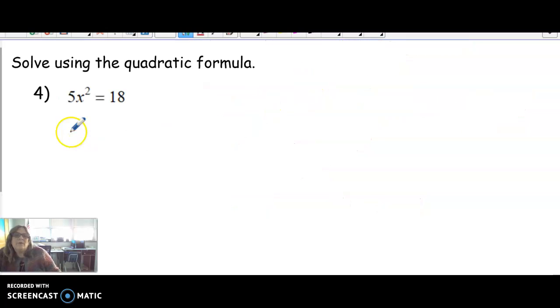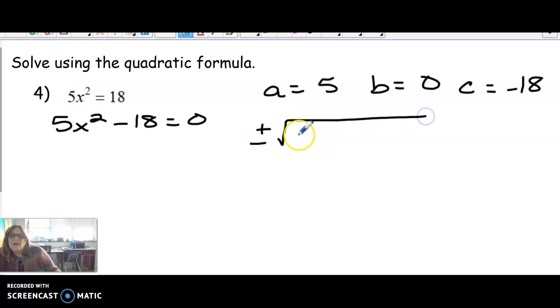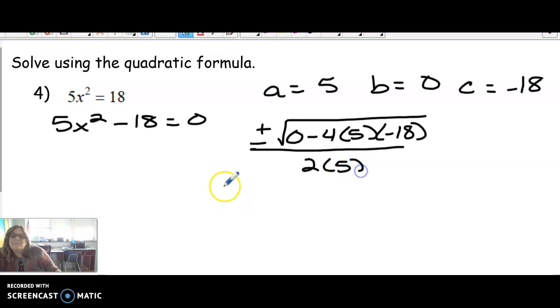And let's try this one. I'm going to bring the 18 over. So I've got 5x squared minus 18 equals 0. Notice I don't have a b value, so my a value is 5, my b value is 0, and my c value is a negative 18. So I can't do the opposite, so I'm just going to have plus or minus the square root. 0 squared is 0, minus 4 times 5 times a negative 18, all over 2 times 5. So I have two answers, plus or minus, and negative 4 times 5 times a negative 18 gives me 360